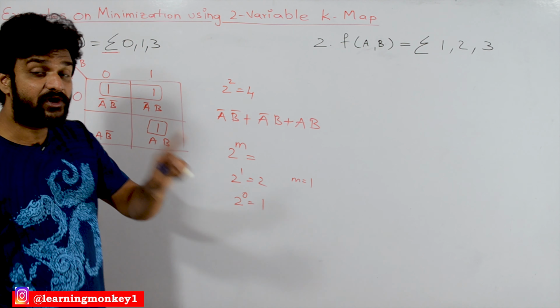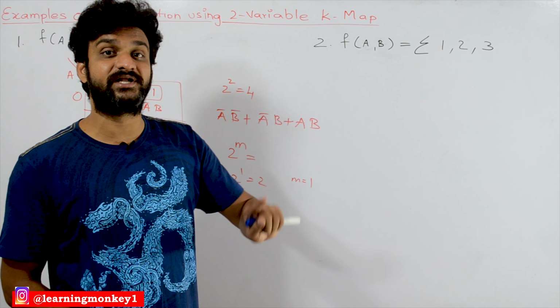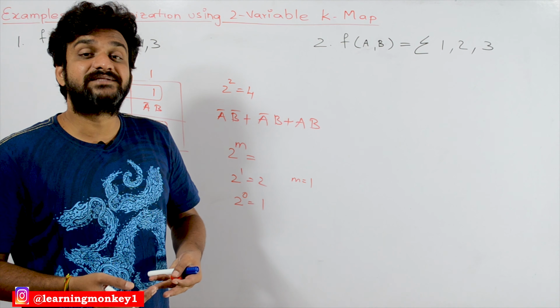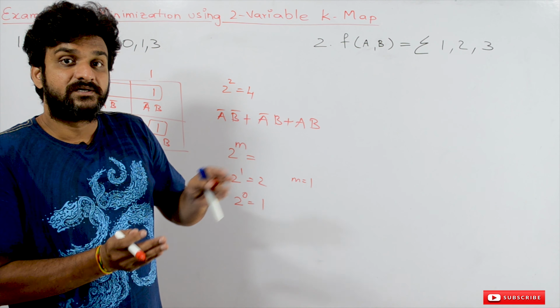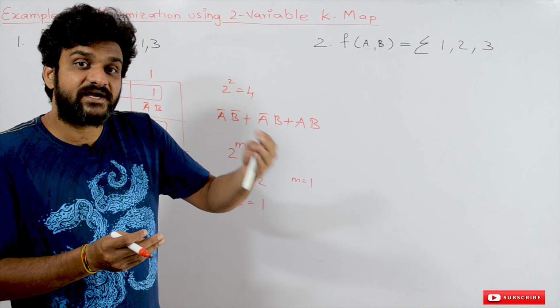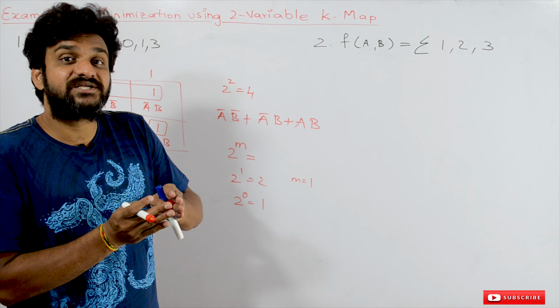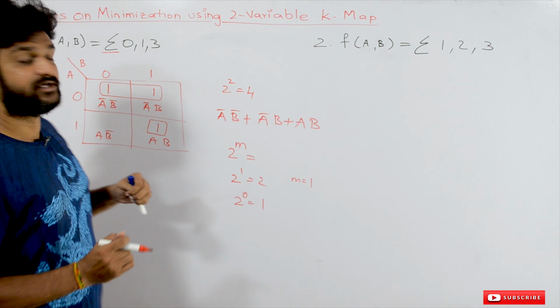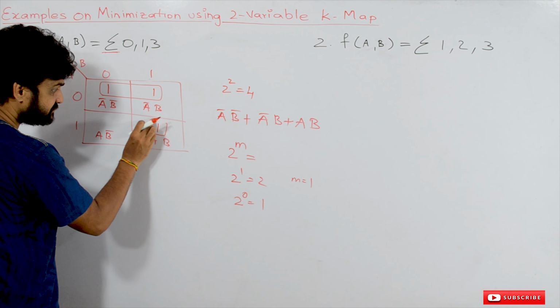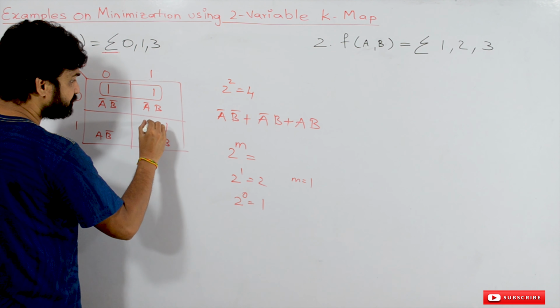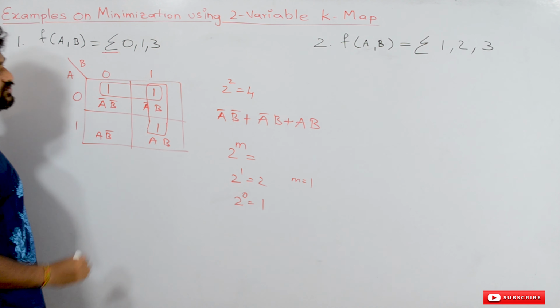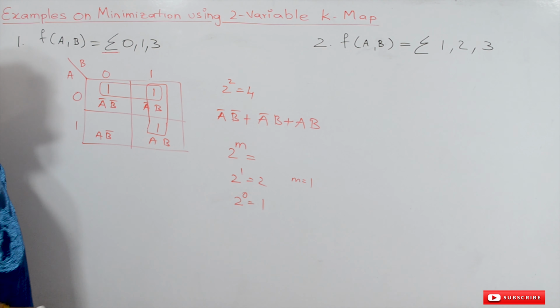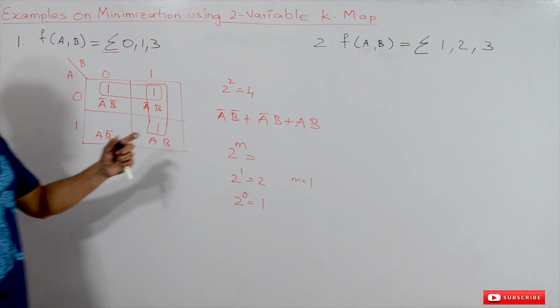But one more point is there in the subcube. What is it? We have to consider the maximum subcube possible. So if you are trying to consider a term, it has to be considered with the maximum possibility. So this is not the maximum possibility. The maximum possibility happens if you consider this cell also. So this becomes another subcube. Are you able to get this point?